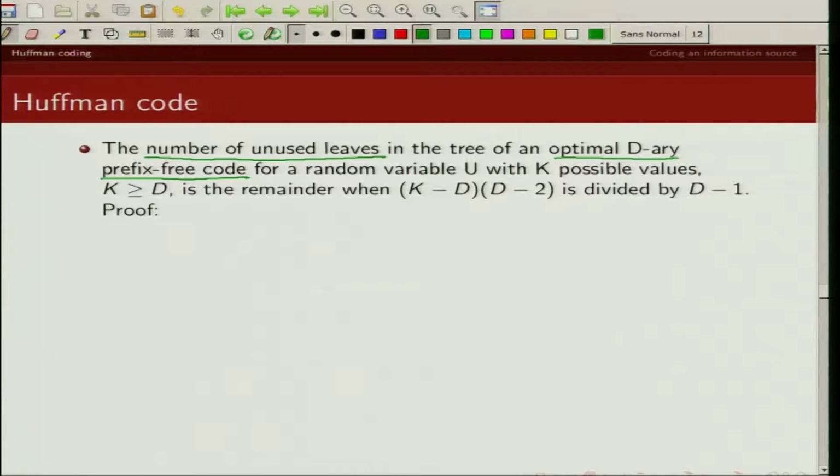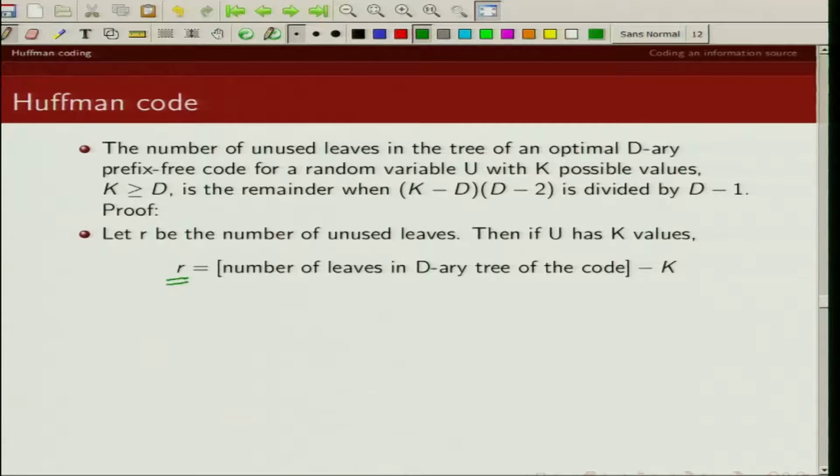So if you have a random variable U that takes k different values, where k is greater than D, then the remainder obtained by dividing (k minus D) into (D minus 2) by D minus 1 gives us the number of unused leaves in a D-ary prefix free code. And remember, all of these unused leaves have to be at the maximum depth.